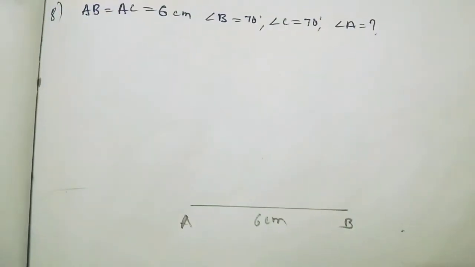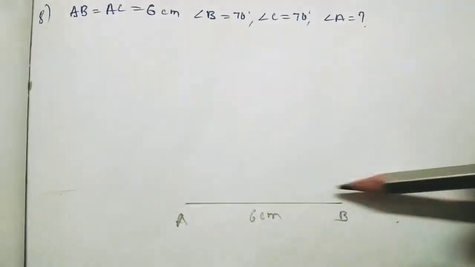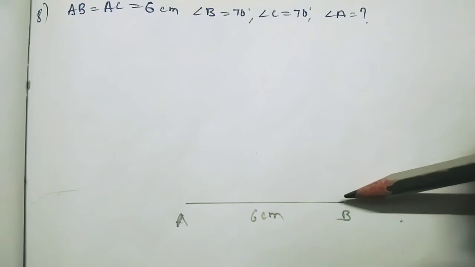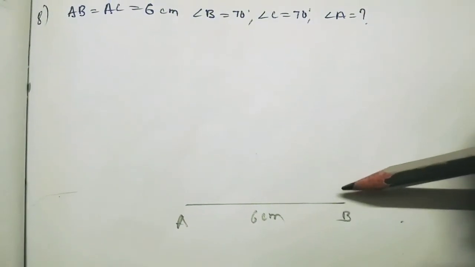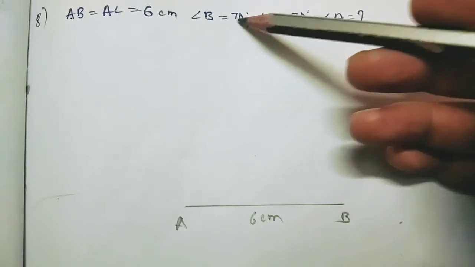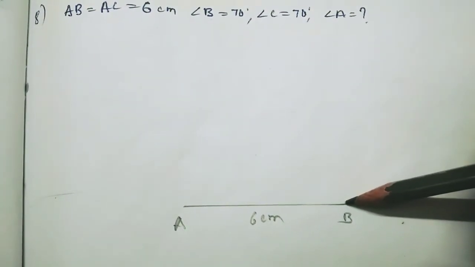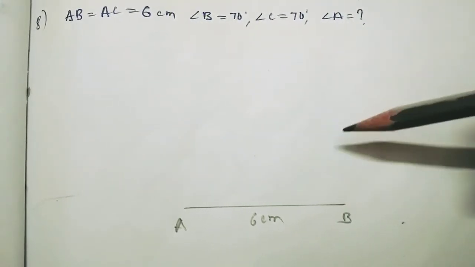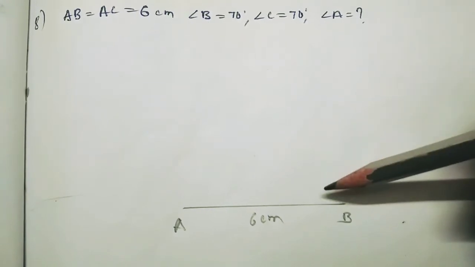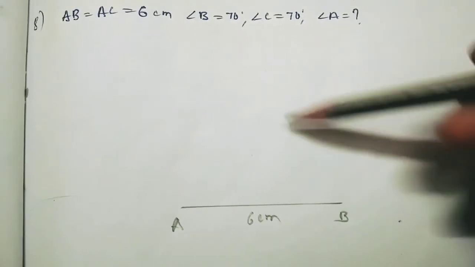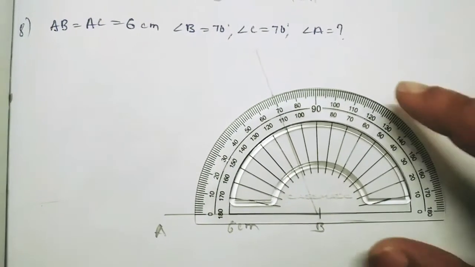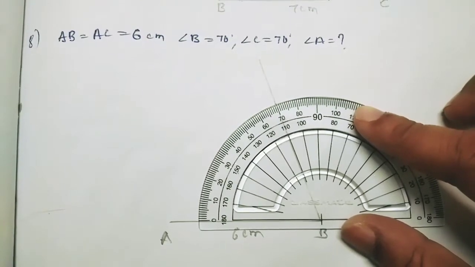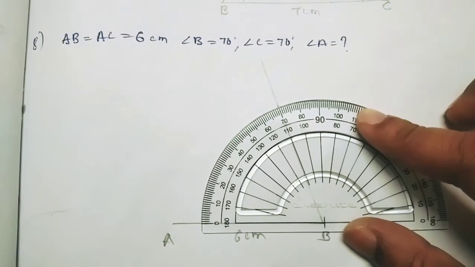Okay, let's see. Okay students, first of all we will construct line AB. Line AB is 6 centimeter. We will construct line AB by using the ruler, that is scale. Now what we do, we will construct angle B equal to 70 degree. From point B we will construct 70 degree by using what? Protractor, because 70 degree is not possible with the compass. So with the protractor we will make angle 70 degree from here. So students, now you can see I have constructed 70 degree angle by using the protractor. Understood? So this is 70 degree.